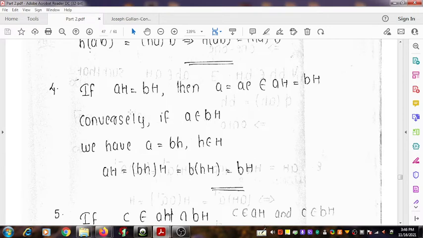Coming to the proof, initially assume that AH equal to BH. Then you can take A equal to A into E, which is an element of AH. So A is an element of AH, but AH equal to BH. So A is an element of BH. Thus we get that since AH equal to BH, A is an element of BH. Conversely,